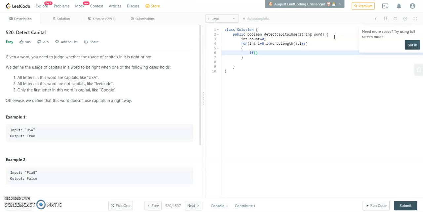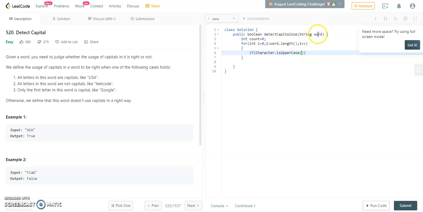If you are using Java, then there is an inbuilt method named Character.isUpperCase, and inside the parenthesis you have to pass the character on which you have to test whether the character is capital or not. For example, if I want to test whether C is capital or not, I'll just write the character C inside it.